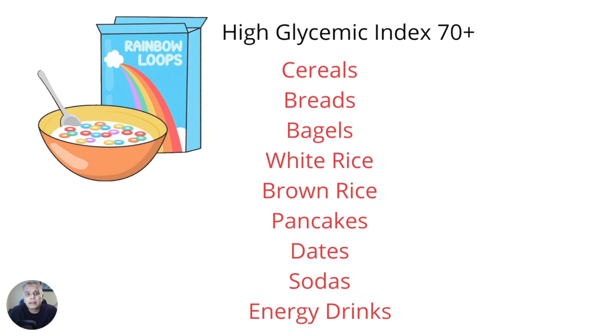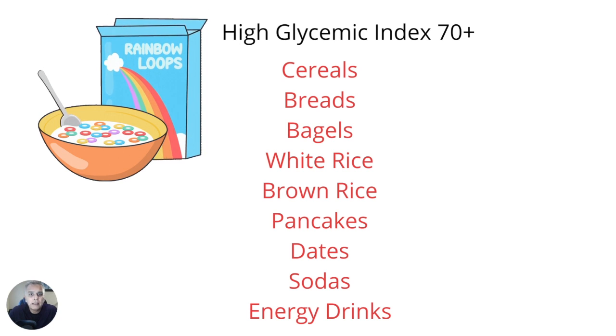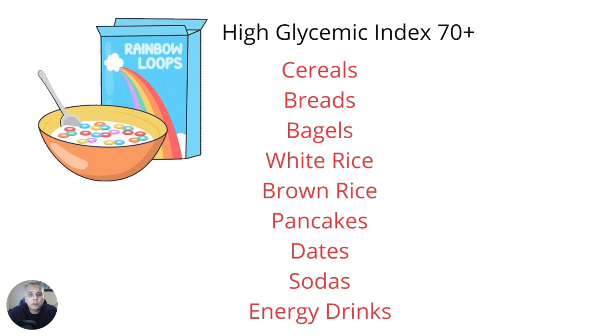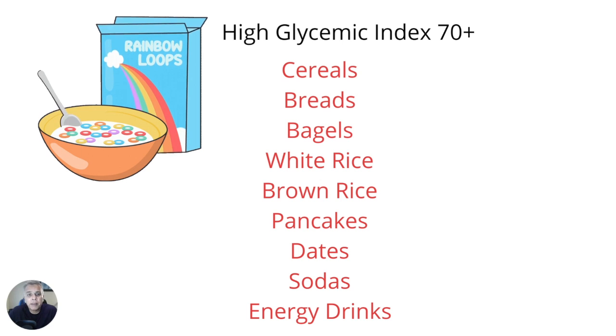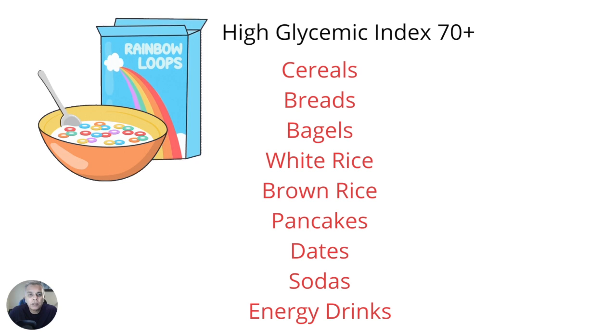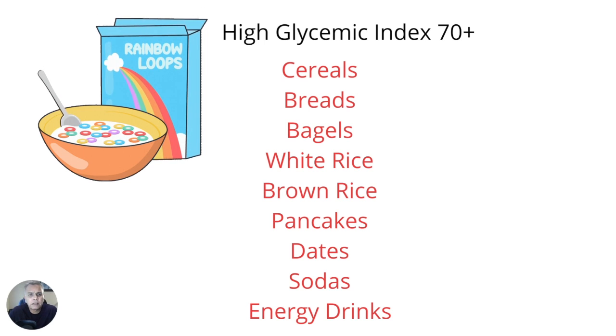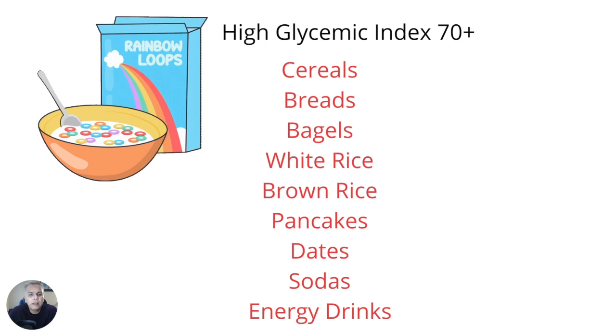Here are some examples of high glycemic foods, and these are generally where their glycemic index is 70 or higher. And in this category, most of our cereals, breads, bagels, rice, pancakes, dates, sodas, and most energy drinks. So I think it's pretty much common sense that these are the foods that we want to avoid or eat